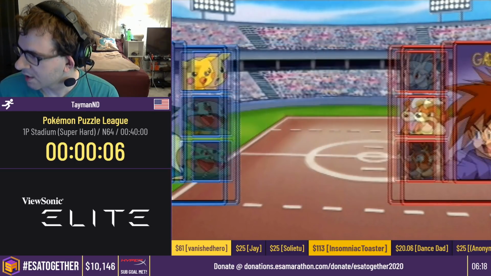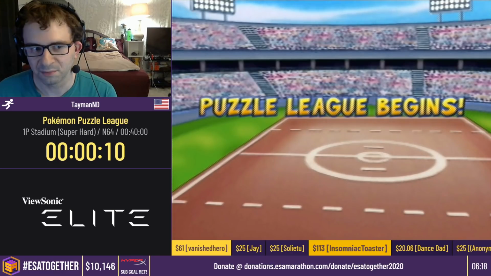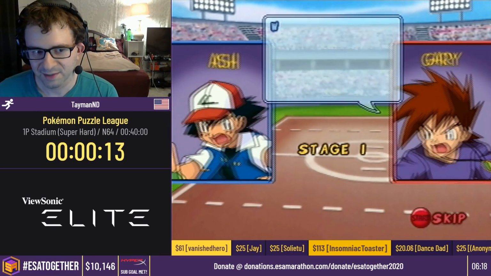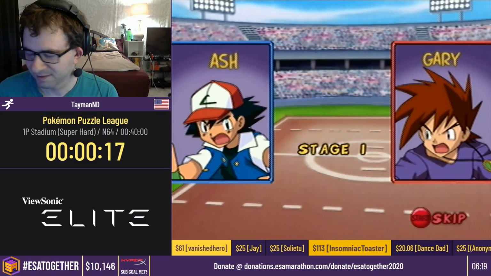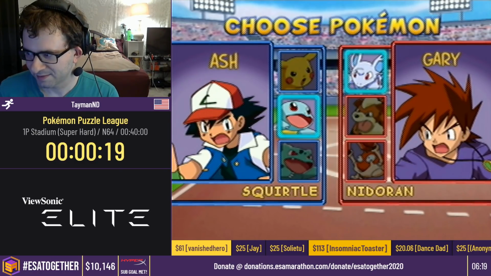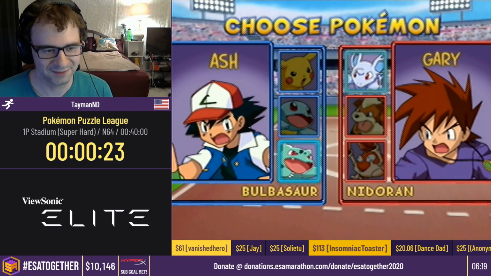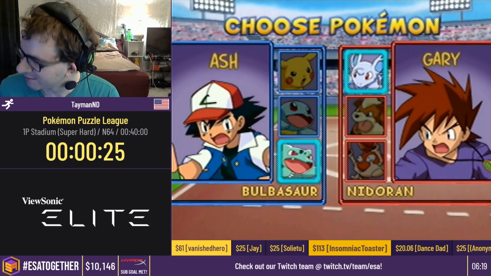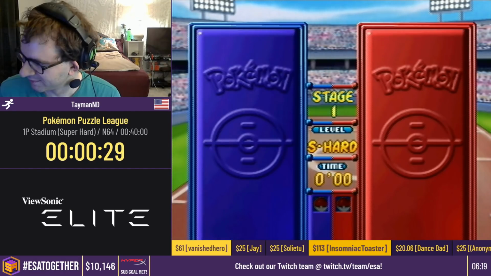Always an adventure going off into this game. Oh, I've already picked the wrong Pokemon. Who ended up winning the bid war? Bulbasaur won by 10 cents. Man, someone couldn't pitch in that 11 cents to put Squirtle over the top. It's alright, you're already wasting frames to go down, so...